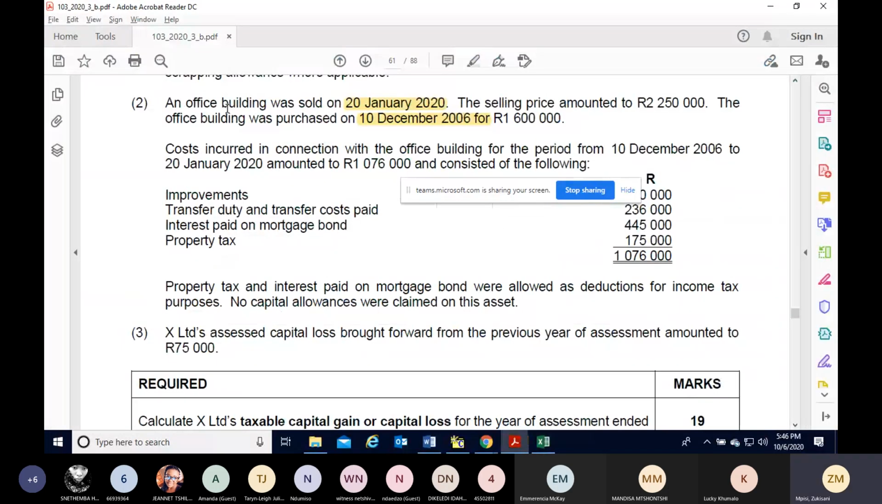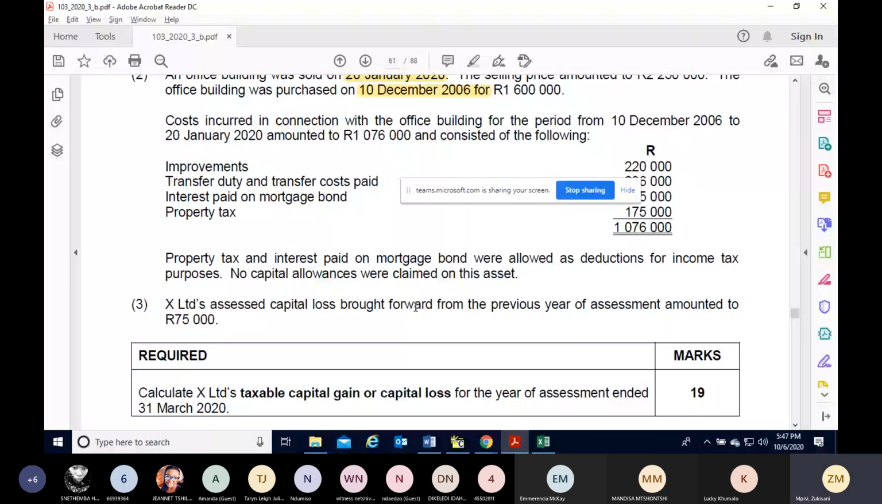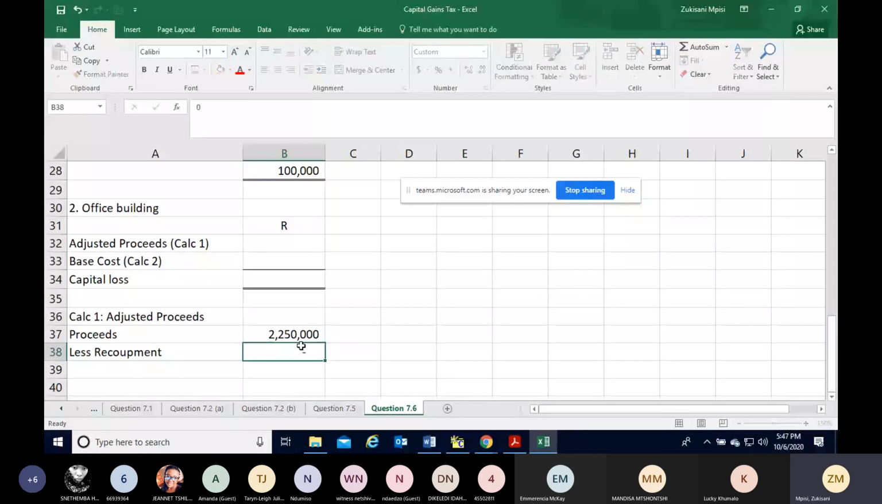The recoupment, we are told that costs incurred in connection with the office building for the period from 10 December 2006 to 20 January 2020 amounted to 1,076,000 and consisted of the following. So we are told what was the following. No capital allowances were claimed on this asset. So this means we do not have recoupment. Therefore, our adjusted proceeds is